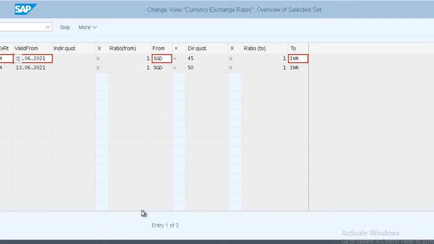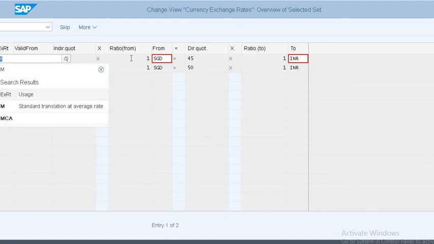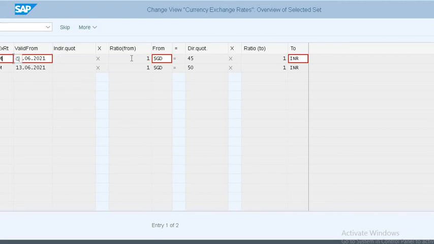It must be different from source. Okay, we will keep it as it is, otherwise, how much it was there, that I will keep.